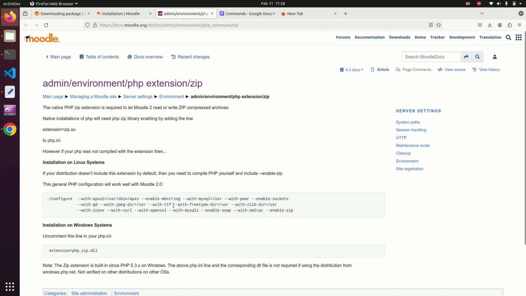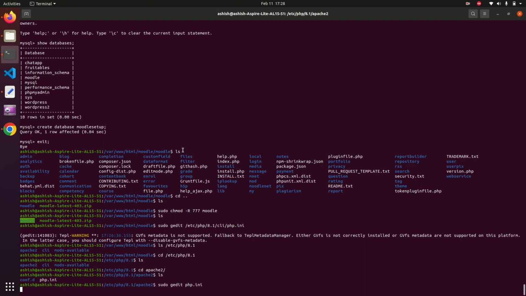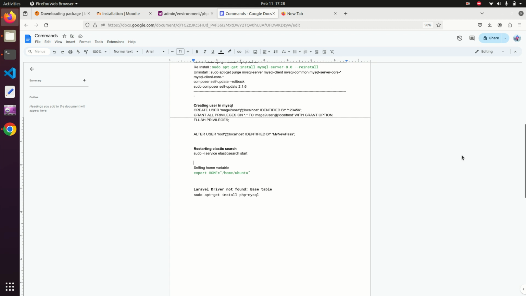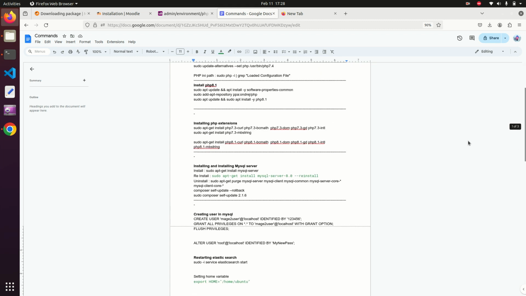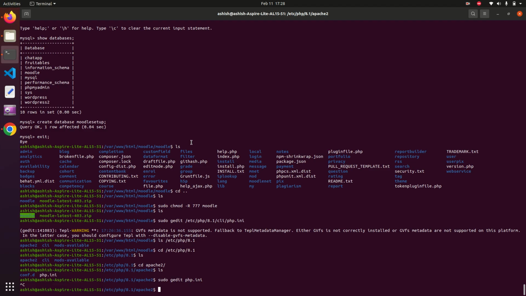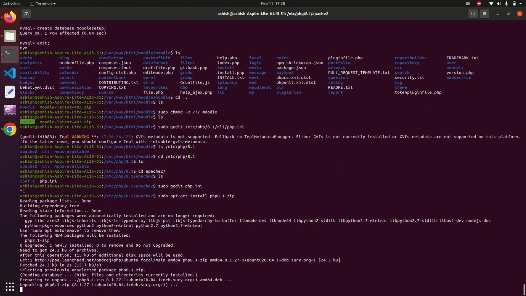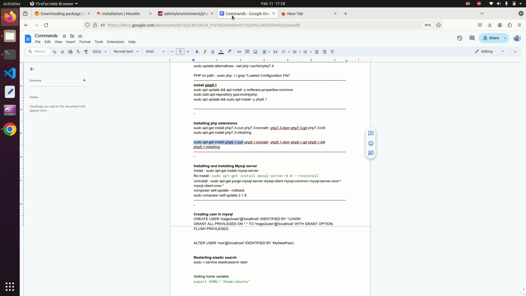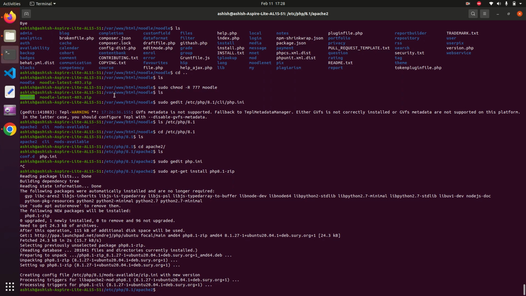And we can do one more thing here. If I have this command, php 8.1 zip, right? So I'm copying it, pasting it here, and I'm providing zip. So it's installing, and if it is installed, then I can restart the services,